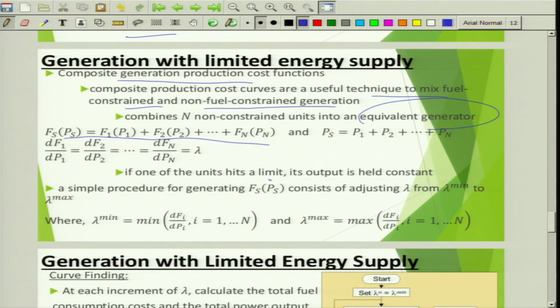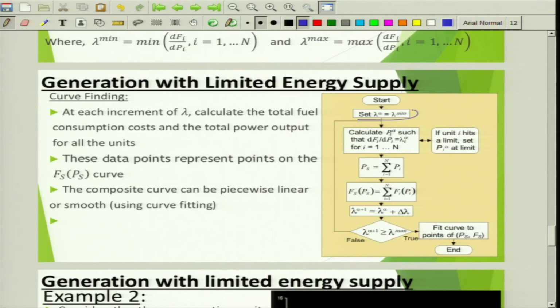If one of the units hits a limit, its output is held constant. A simple procedure for generation is lambda adjustment. You keep on increasing lambda such that the generation and the load demand are met. You can see here, set a minimum lambda, then calculate for each generator its output for this specific lambda and obtain df by dp, and if unit i hits a limit, then set that generator at its limit such that the summation of generation put together is PS, and you obtain the fuel cost, and then you increase the lambda